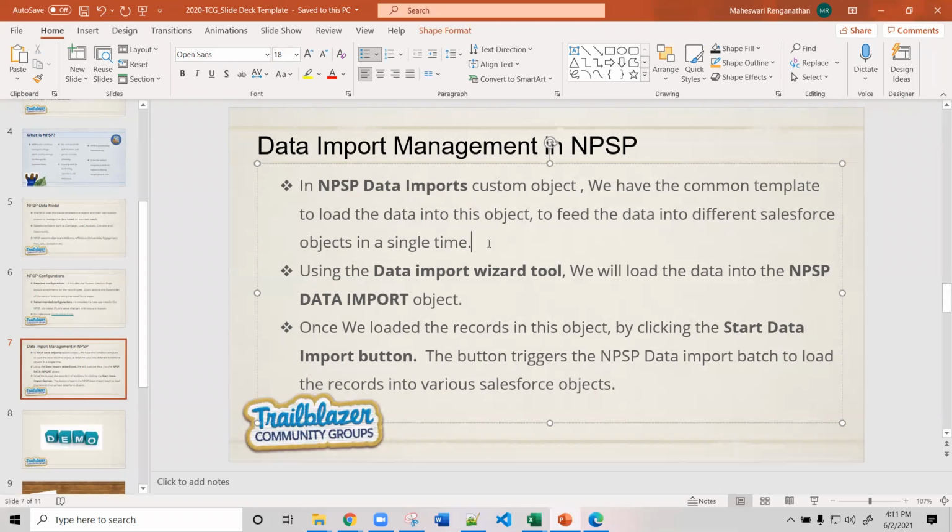What we are going to do is, we will have the historical data in an Excel or CSV format. Consider that in prior times, or previous years, all the information was handled on paper. Now the paper format is transferred into digital form, right? In that case, they may have all the historical data, contacts, and millions of records. They want to migrate all those records into this Salesforce org.